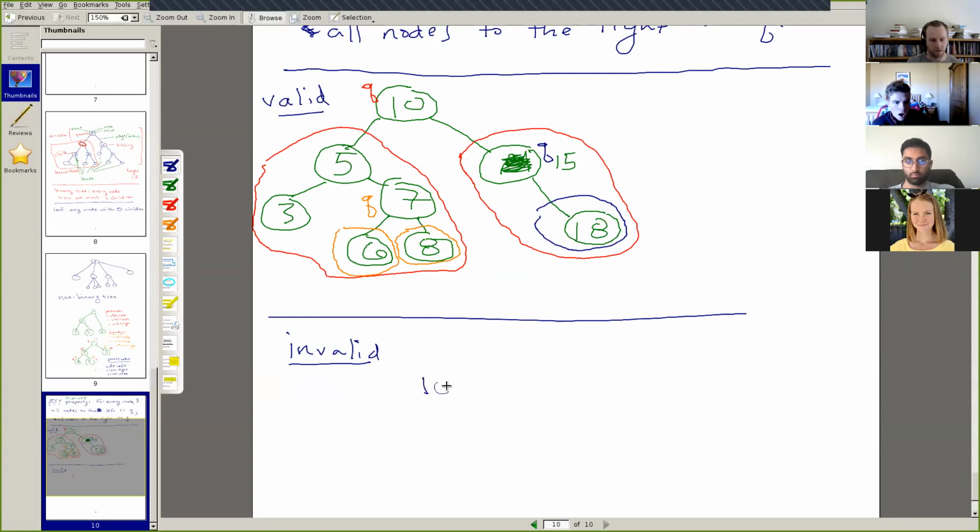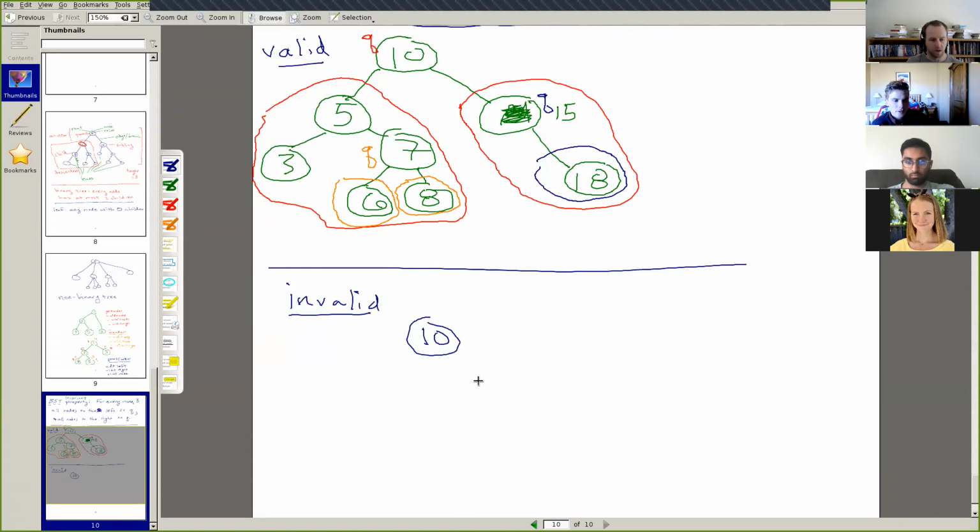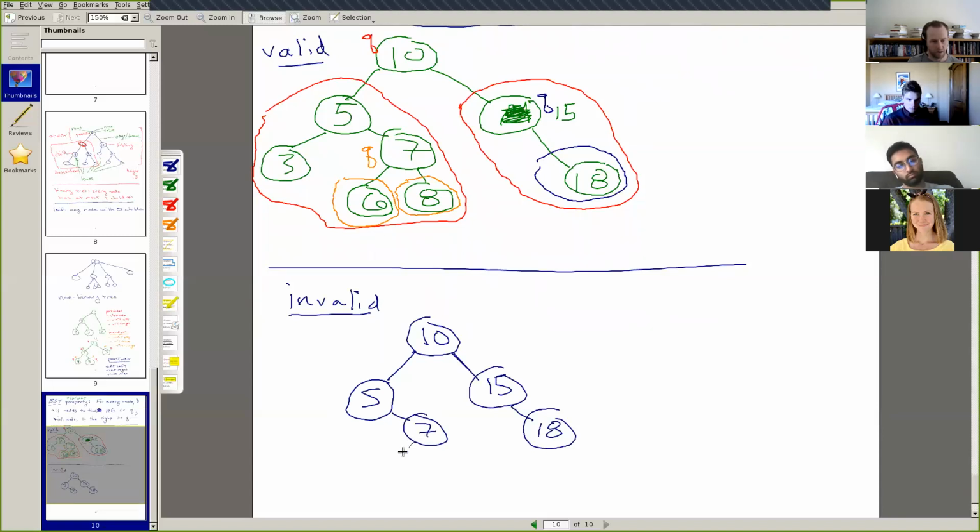We'll have a 10, scroll down just a little bit, and then 15, 18. So this part all looks the same. And then we'll have a 5 and a 7 and a 6 and a 3. And then the only thing that's going to be different, I'll draw in red to highlight it, is this node right here where I'll put an 11.